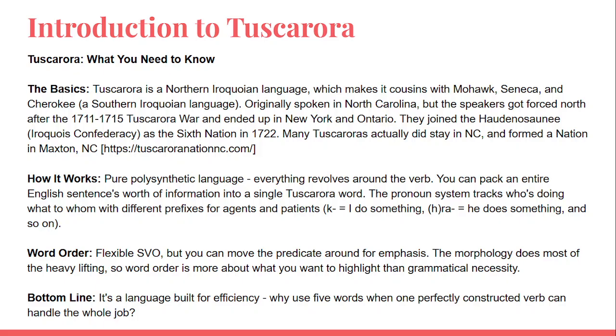So, what do you need to know about the Tuscarora language? Well, the Tuscarora language is a Northern Iroquois language, which is in the same group as Mohawk, Seneca, and some of those other languages as well. And it also has two varieties that are spoken today. So there's a Lewiston, New York version, and there's also an Ontario, or Ontarian, in Canada version. So both of these varieties make up the modern Tuscarora language.